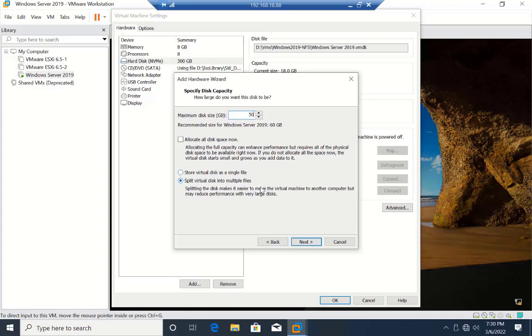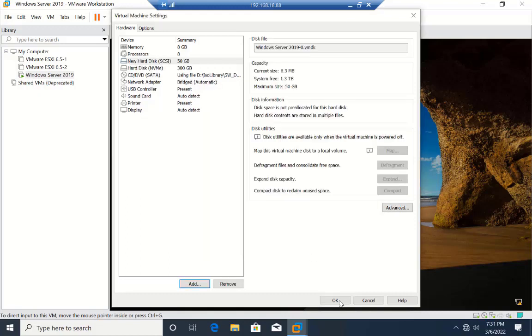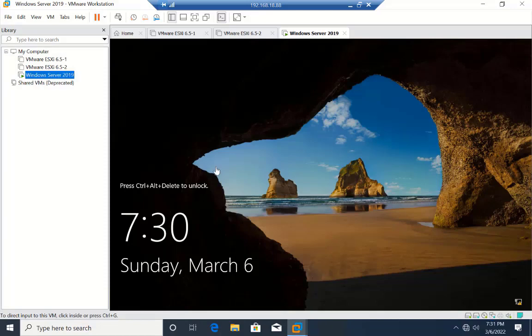It will rescan or restart your server, as you can see, restoring virtual disk. So in this way you can easily add any virtual drive, any virtual disk in your VMs as you like. So I will add a brand new virtual drive in my Windows 2019 machine, which will act as an iSCSI target. So the virtual machine is restoring. So I log in on that machine and I will launch the disk management.